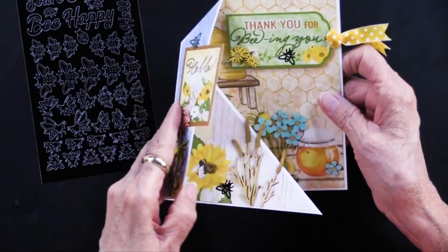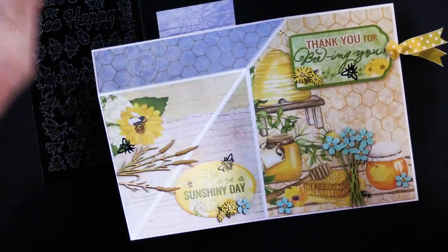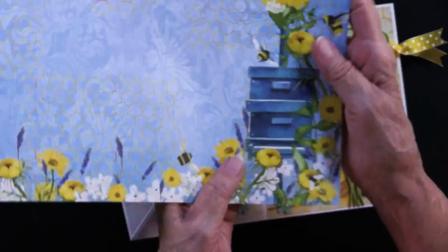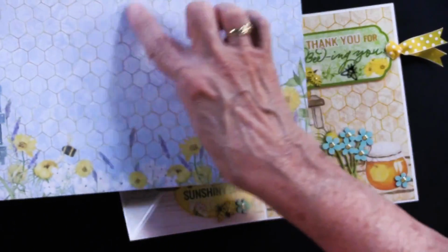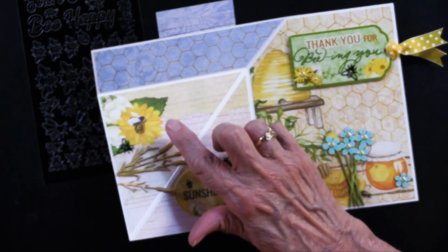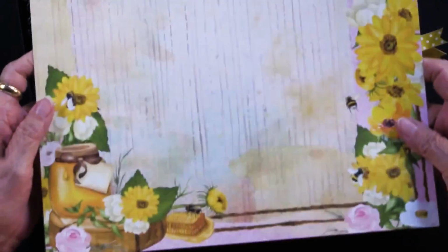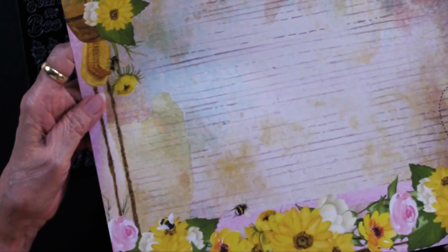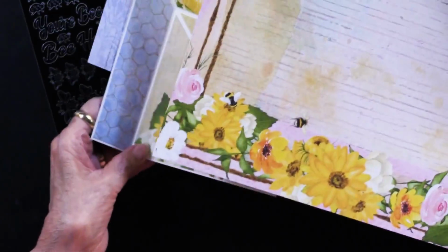Okay, now I'm going to open this, and I'm going to go to this area, which is also going to have part of the back side of the sheet. So here's this sheet. The back side is usually a ghosted back image, and that's true. You can see the honeycomb in part of it, so that doesn't have anything on it. Now, for this area, she has used this sheet. Now, this has these kind of stripes in the middle, but she has turned them on their side, and she has used, let's see, that little bee